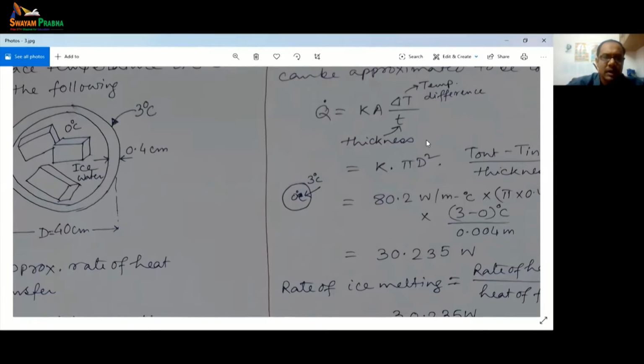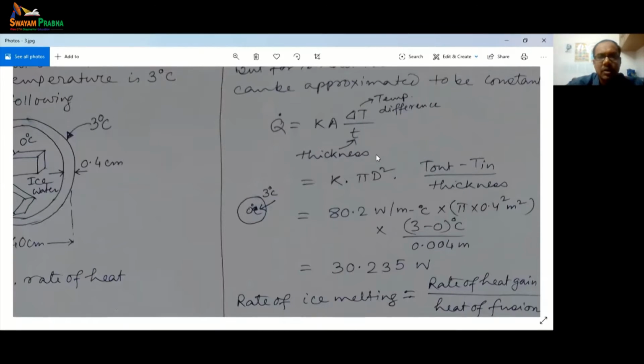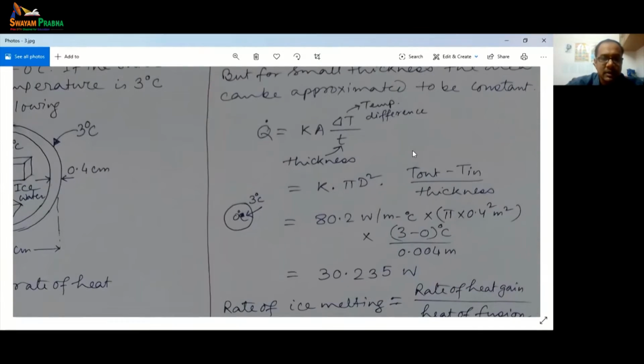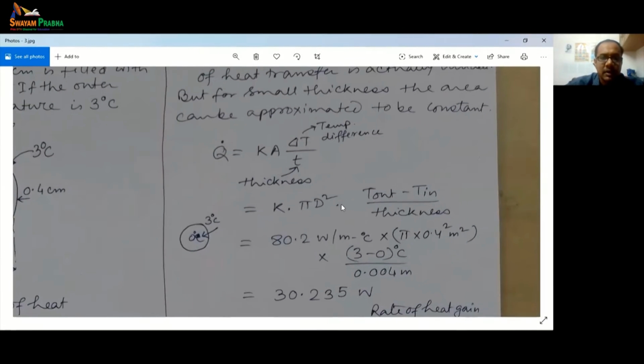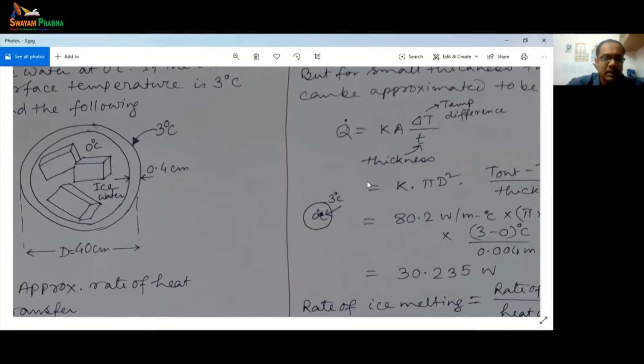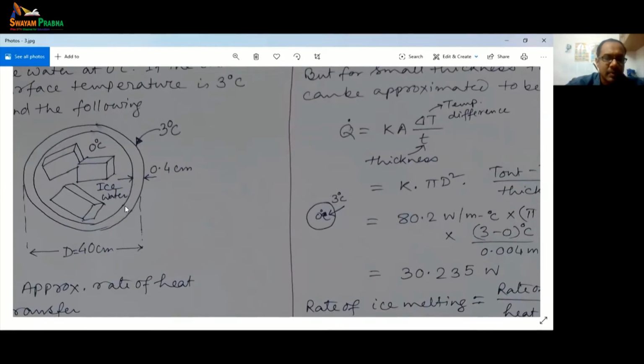So that is why the question itself is not expecting you to give an accurate answer. That is why it is saying just give us the approximate rate. Okay, so here if you look at this figure closely, the inside dia will be less than the outside dia for the sphere, right? And the diameter will be changing as you go from the inside to the outside dia, right?